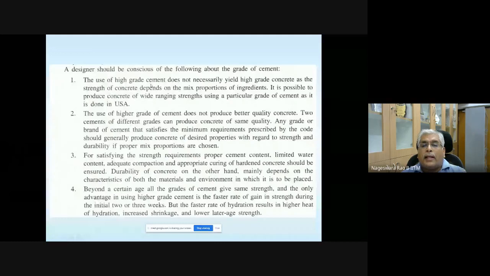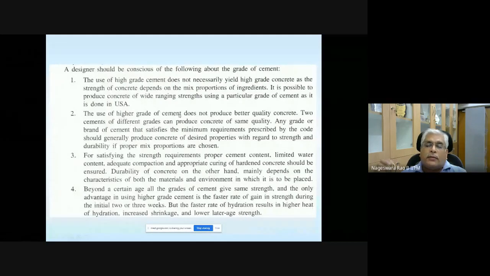Use of higher grade cement does not necessarily yield high grade concrete, as the strength of concrete depends on the mixed proportion of ingredients. It is possible to produce concrete of wide ranging strengths using a particular grade of cement. You can produce different ranges of strengths using a particular grade of cement.